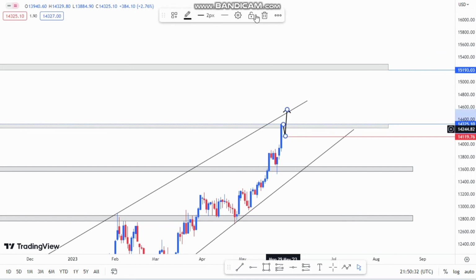Because we could have a situation like this, guys. I'm just giving you all the possible scenarios that could happen. So sorry, we could see a touch over here. We could see a rejection, and because there's a trend line over here, there's a trend line over here, and